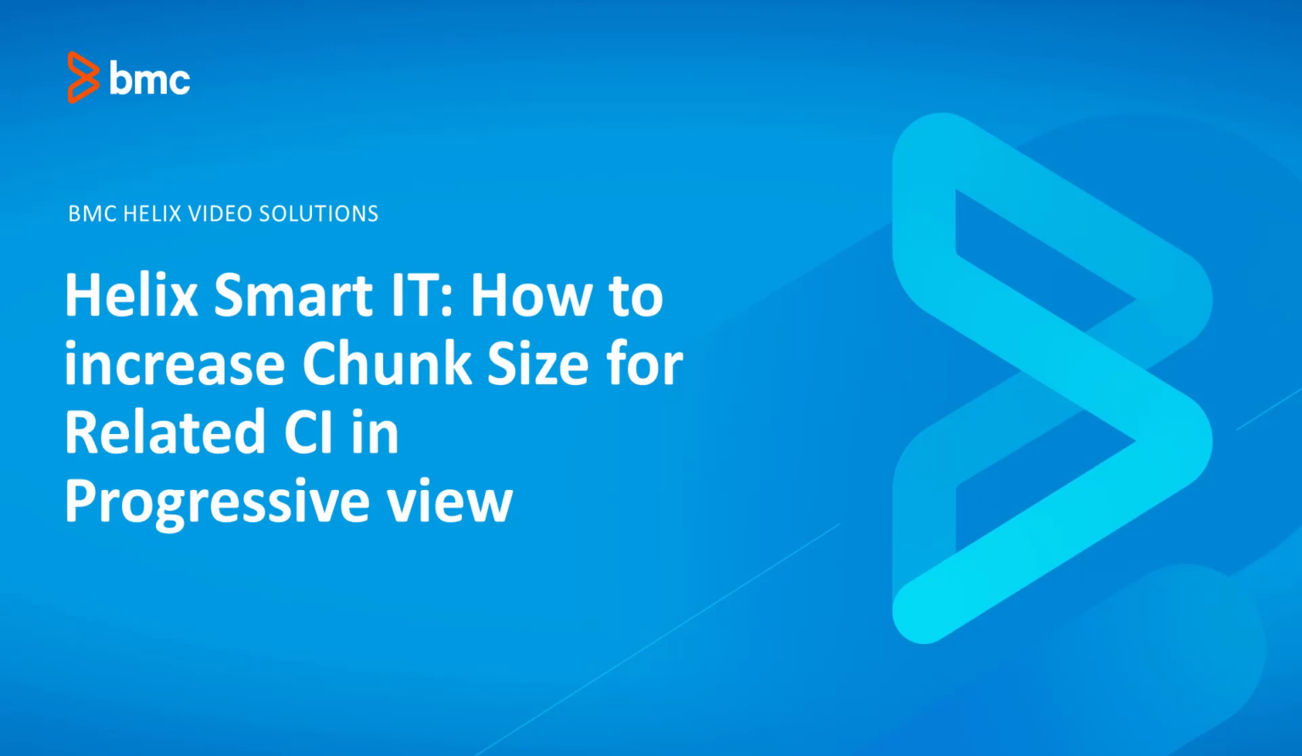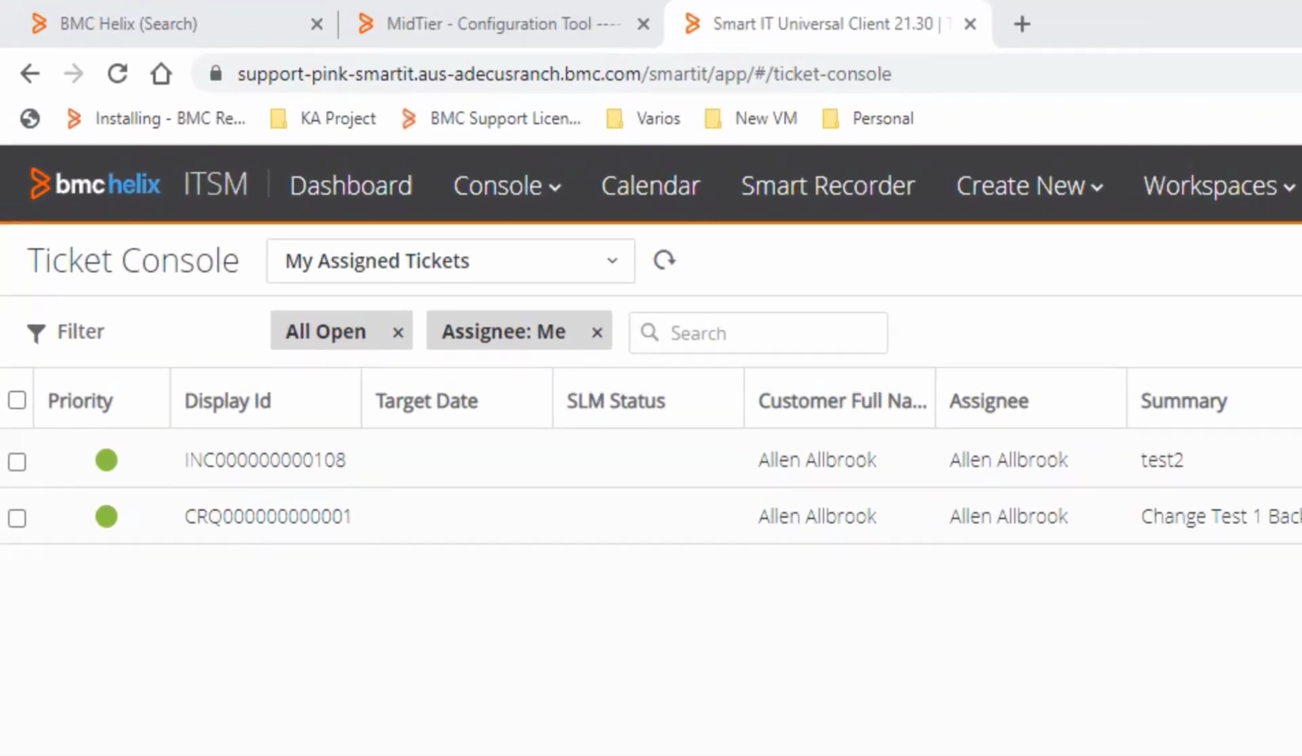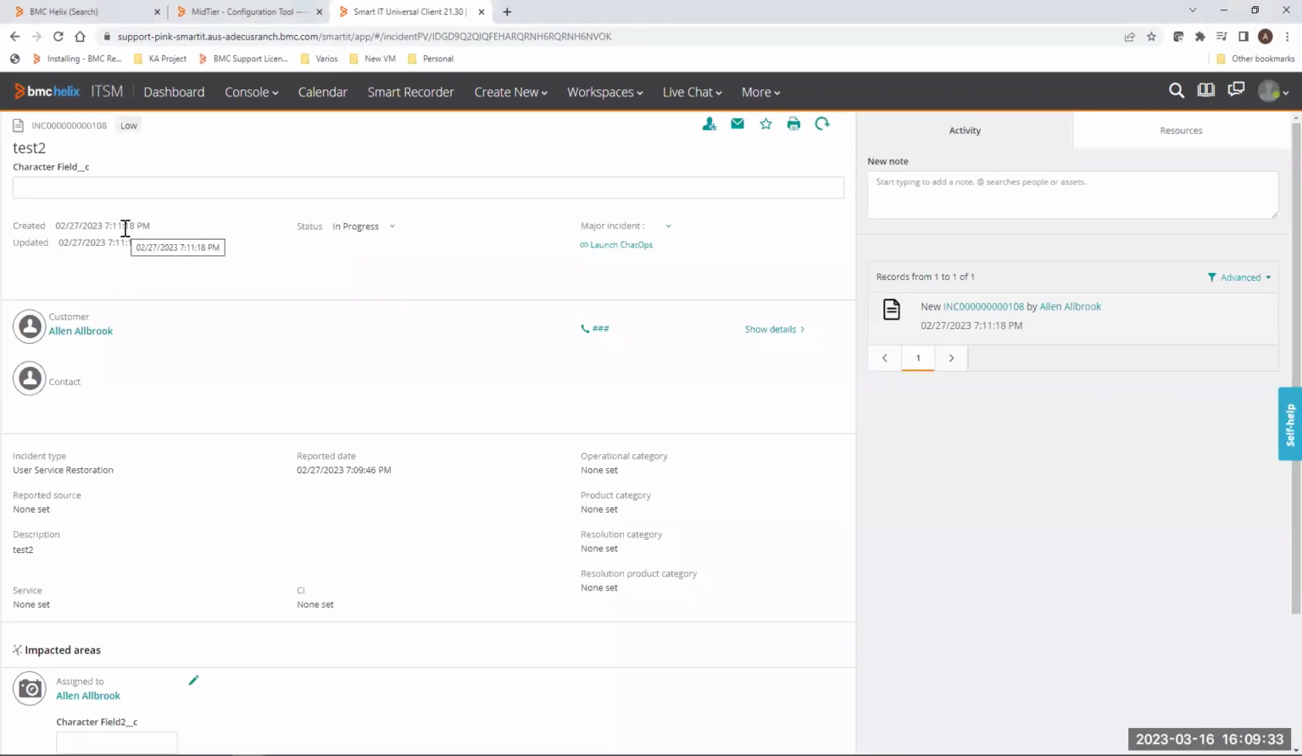Hello, in this video we are going to learn how to increase chunk size for related CI in Progressive View. This is the Smart IT ticket console where I have created an incident as a test previously. So I'm gonna open the incident in order to show you the number of records related to this feature before